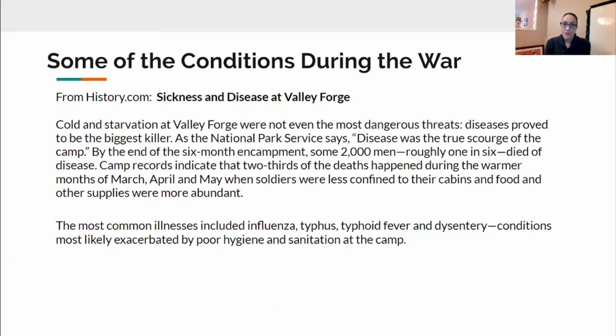Cold and starvation at Valley Forge were not even the most dangerous threats. Diseases proved to be the biggest killer. As the National Park Service says, disease was the true scourge of the camp. By the end of the 6-month encampment, some 2,000 men, roughly 1 in 6, died of disease. Camp records indicate that 2/3 of the deaths happened during the warmer months of March, April, and May, when soldiers were less confined to their cabins and food and other supplies were more abundant. The most common illnesses included influenza, typhus, typhoid fever, and dysentery, conditions most likely exacerbated by poor hygiene and sanitation